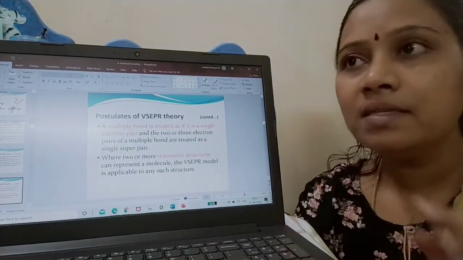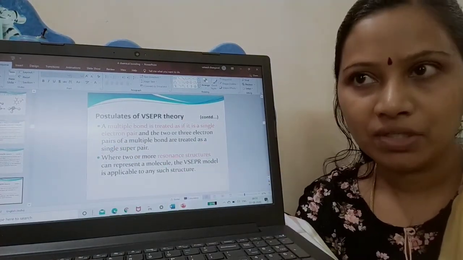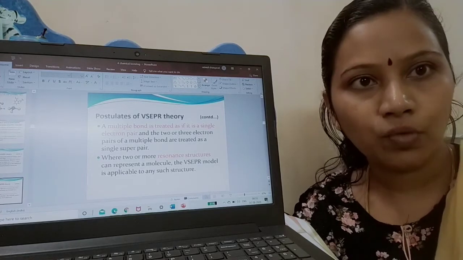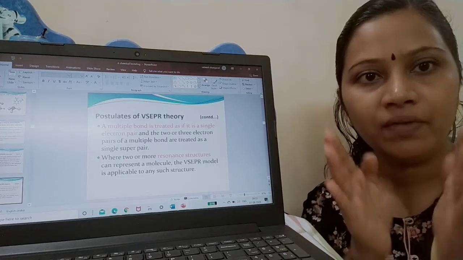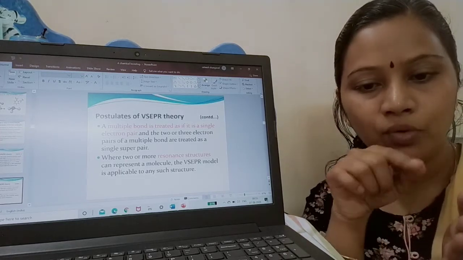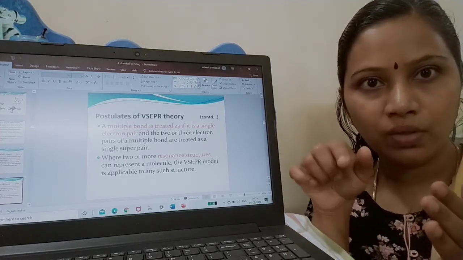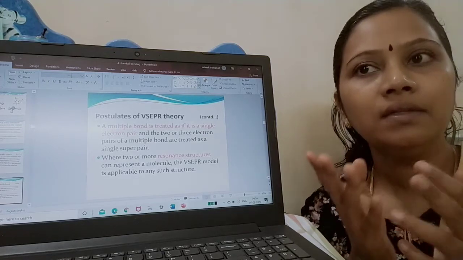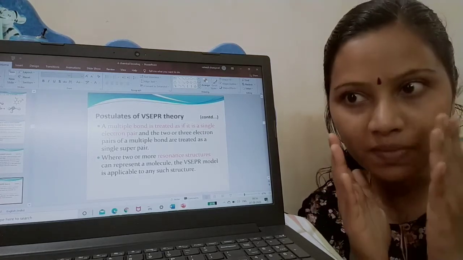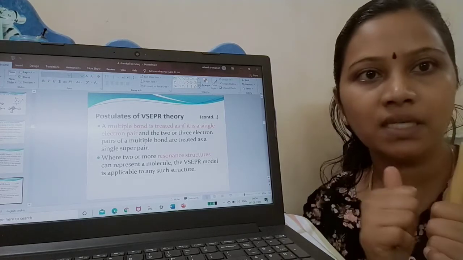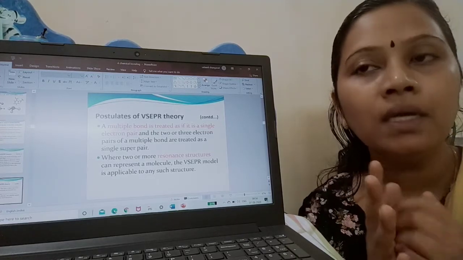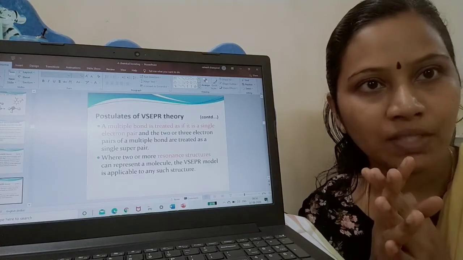Now, we can have 2 to 3 resonating structures. Say, for example, benzene has 2 resonating structures. You know the structure of benzene. Just imagine a hexagonal ring where I have put 3 double bonds inside, 1, 2, 3, or I can write it in another way. There are 2 ways of writing it. There is no specific rule that only on the left-hand side 2 bonds should come and on the right-hand side 1 single bond should come. There is no definite rule. So they oscillate between 2 resonating structures.